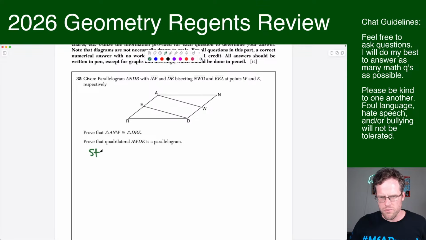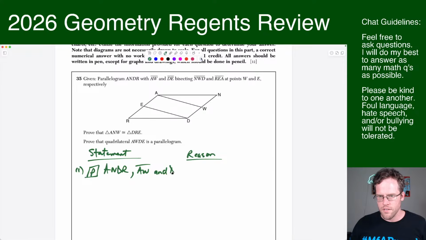I could show you the model responses, but I don't know. Maybe I'll just write it myself from scratch. Statement, reason. Okay, cool. So one is just always the givens. You could abbreviate parallelogram by drawing this. So parallelogram ANDR, and I'll say AW and DE,